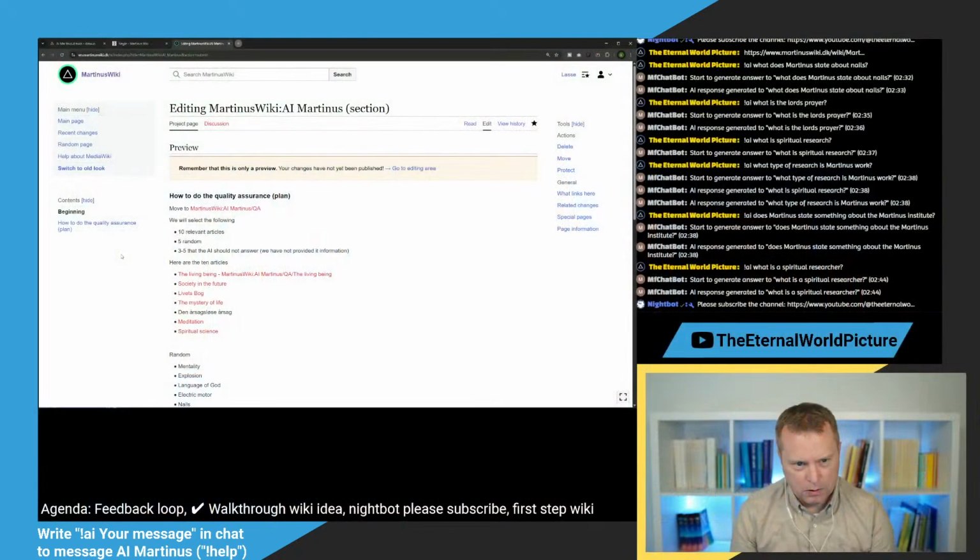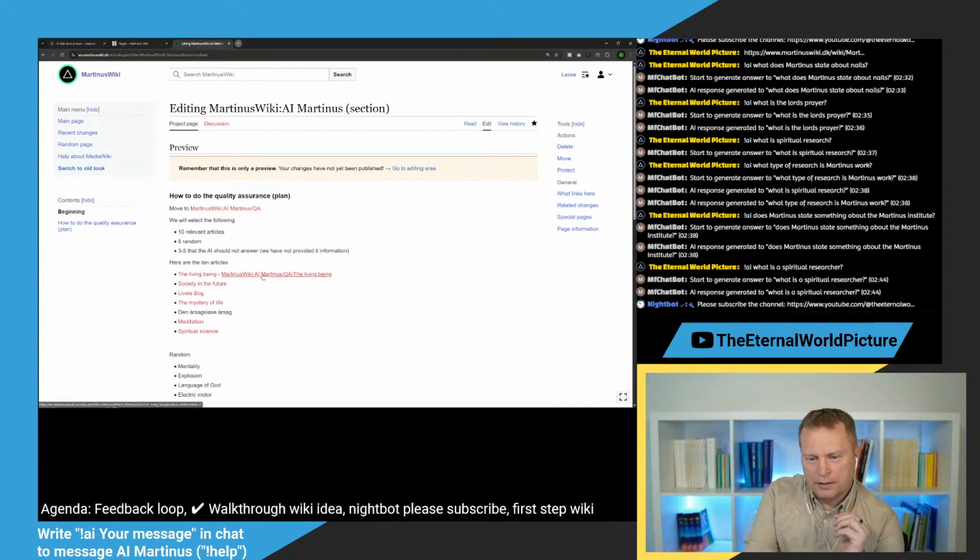So I essentially make pages where I can put in the information. Let me do this so you can actually see what I'm doing.